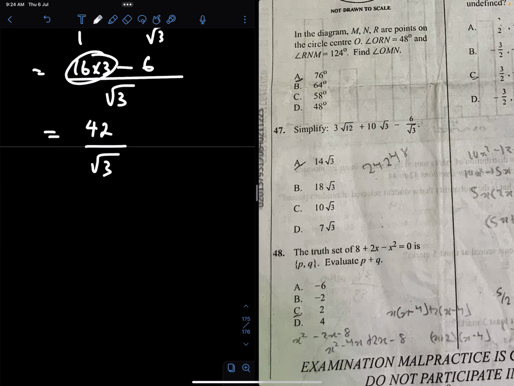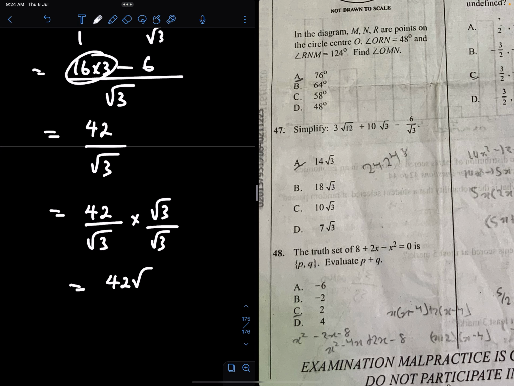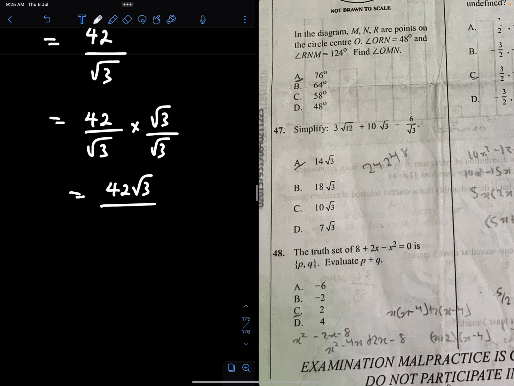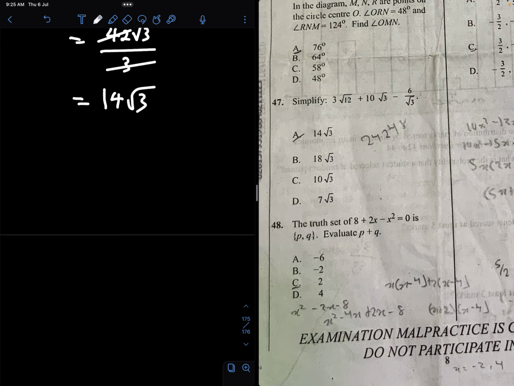And we just rationalize to have 42 over root 3 times root 3 over root 3. And then we have 42 root 3 divided by root 3 times root 3 is root 9, which is 3. 3 in 42 is 14. And the answer is simply 14 root 3. Alright, that's it. We go straight to the next, which is number